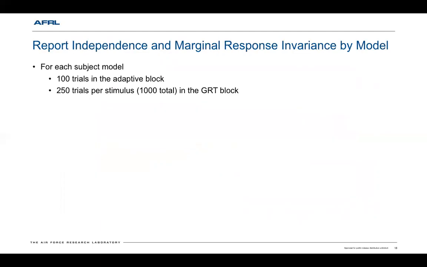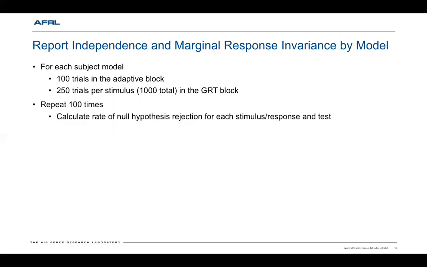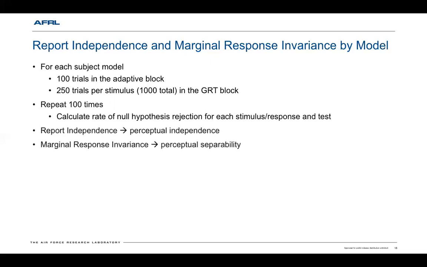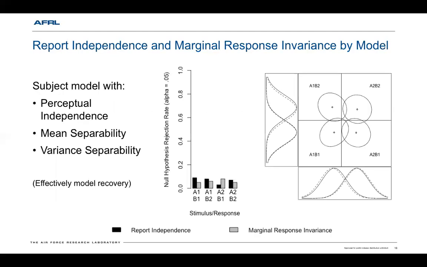Next, I simulated each subject model in 100 trials of the adaptive block, followed by 1,000 trials in the main GRT block. I repeated this 100 times and calculated the rate of significance for each statistical test. Recall that report independence informs perceptual independence and that marginal response invariance informs perceptual separability. For the fully independent model, we expect to find very few rejections of report independence or marginal response invariance. As you can see in the center of the slide, the significance rates are near the type 1 error or alpha rate. At the right, you can see that there is no evidence of correlation in the ellipses and the